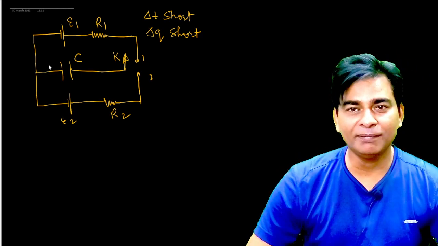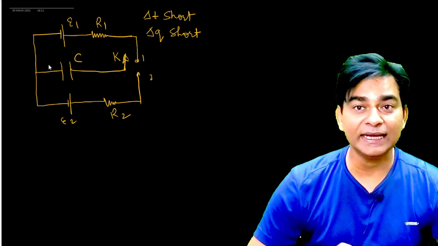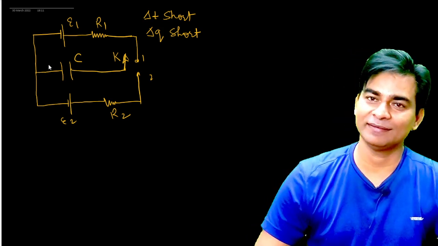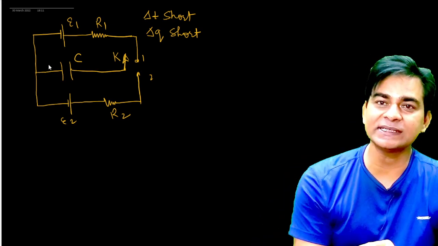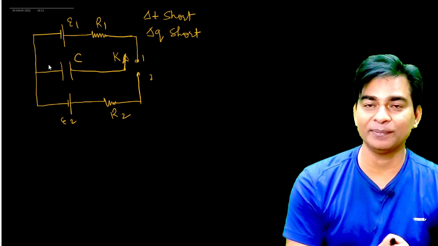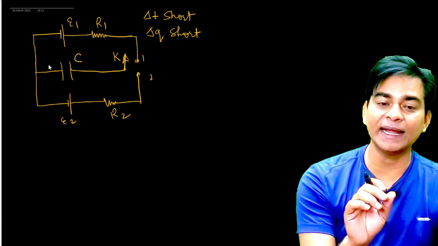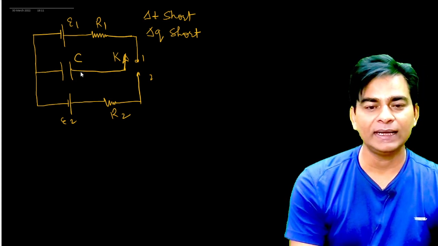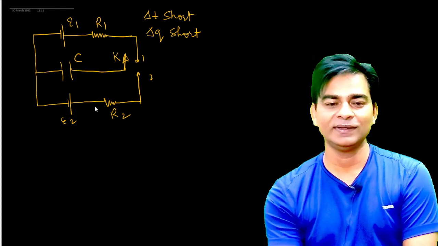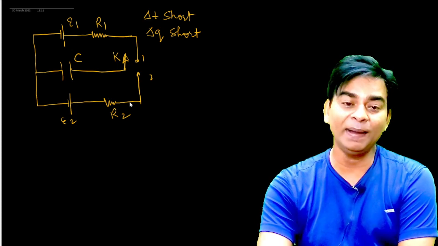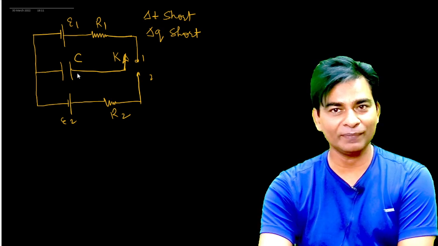After a long time, after many connections, the charge on the capacitor will be increasing. Listen carefully. Because the polarities of the battery connected to the capacitor in every connection are the same. The upper battery is giving positive charge to the right plate of the capacitor, and when I change this switch from position 1 to 2, the positive terminal of another battery is connected to this positively charged plate.